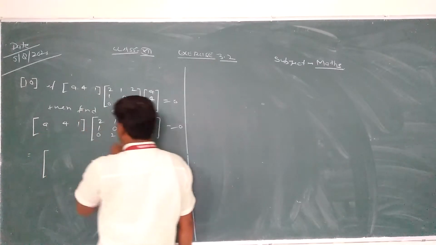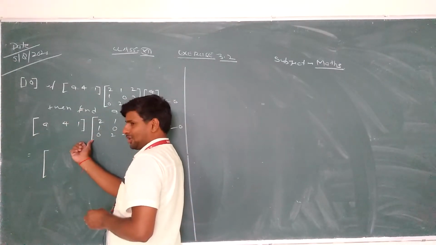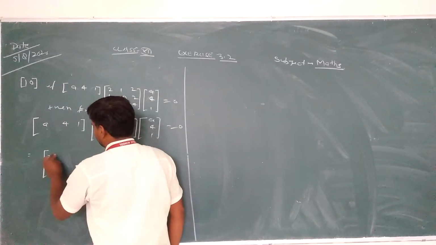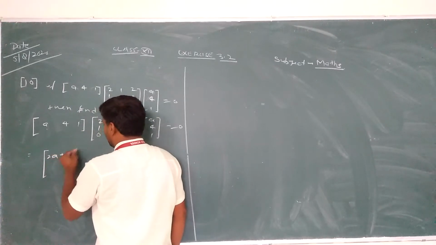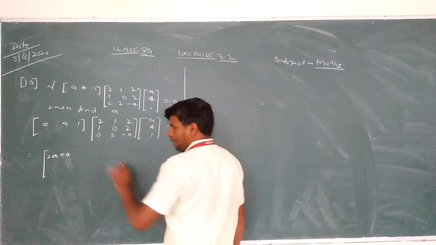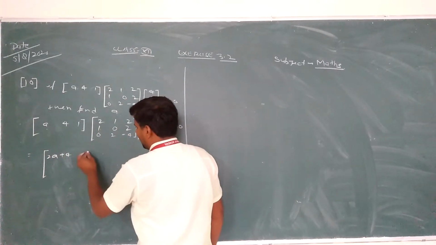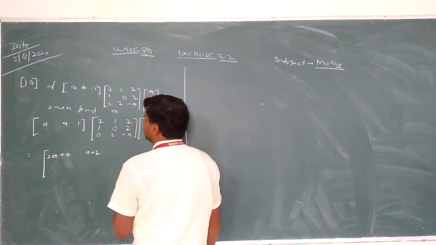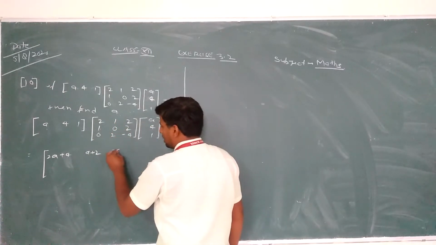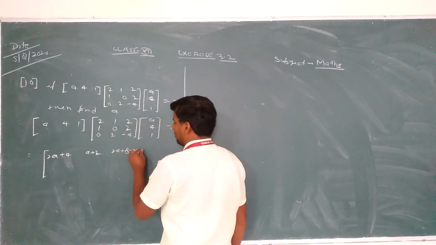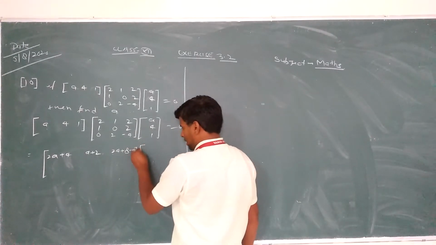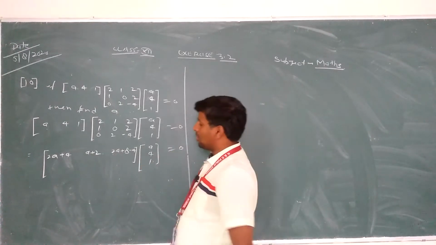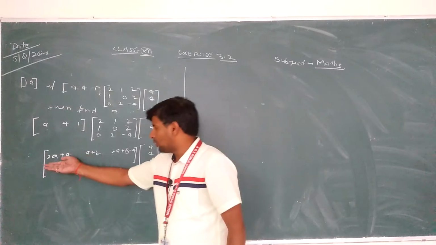First we multiply these two matrices, first row and first column. It is 2A plus 4 plus 0, that is one element complete. First row and second column: A times 1 plus 4 times 0 plus 1 times 2. First row and third column: 2A plus A and minus 2. That's clear. And the second matrix is given as [A 4 1] equal to 0. Because the second and third rows are not present, we have no need to find them.